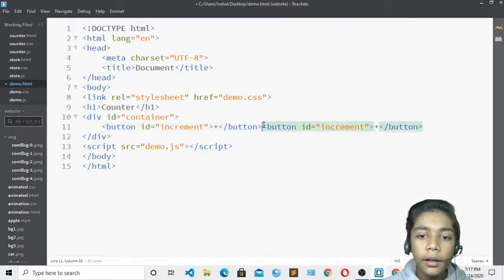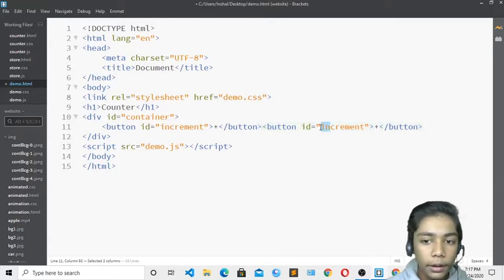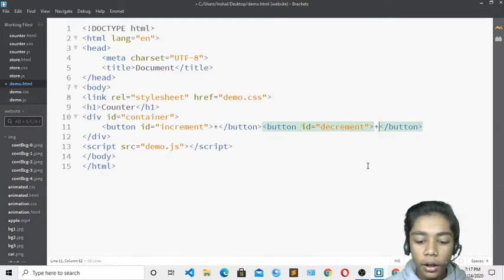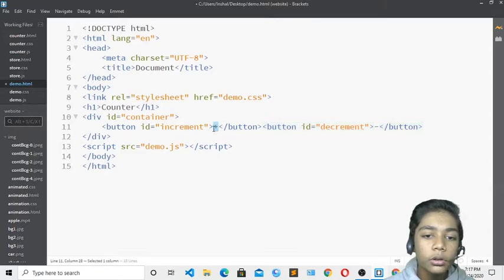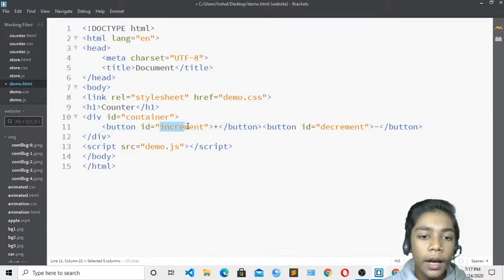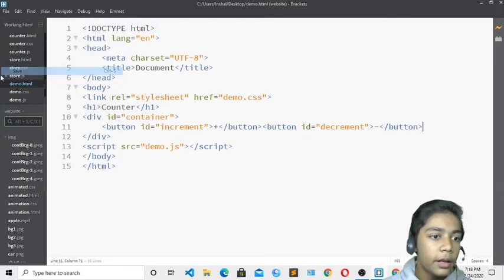In the center you don't have to write anything, you just have to change it to decrement. So I will write de here, and now it is changed into decrement, and I will change its sign to -1. Over here, like I have shown you, I have just two icons: one is +1, the second one is -1. I have changed the +1 id to increment, and the -1 id to decrement. So we can take that it is plus and then minus over here.